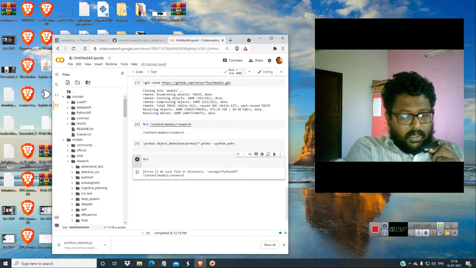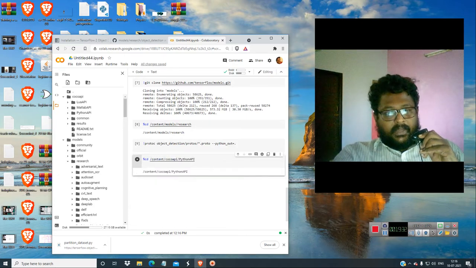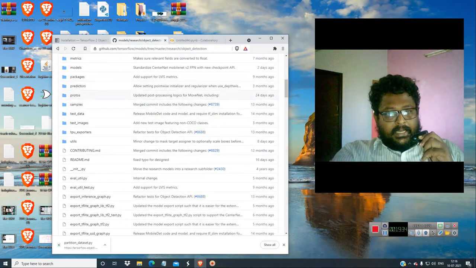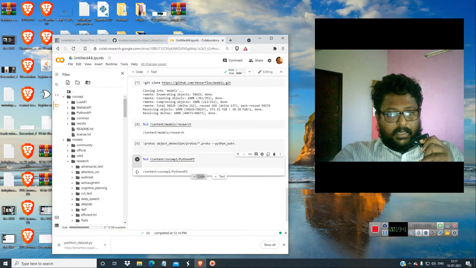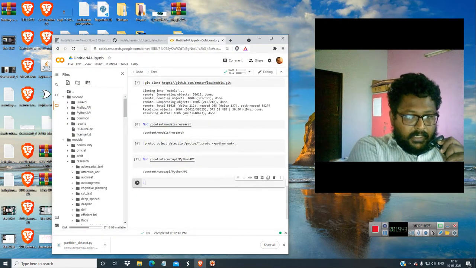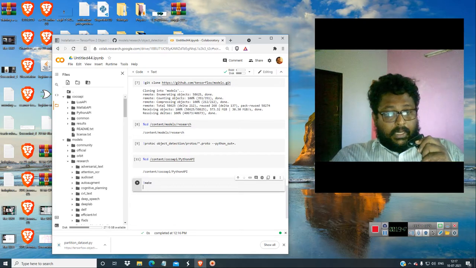So there will be lots of code given by TensorFlow. The only thing is that we are getting to TensorFlow because it is very useful, because even the Google Coral board and everything in future will be supported, and you will not get any support for other boards. Okay, now we have to make it.